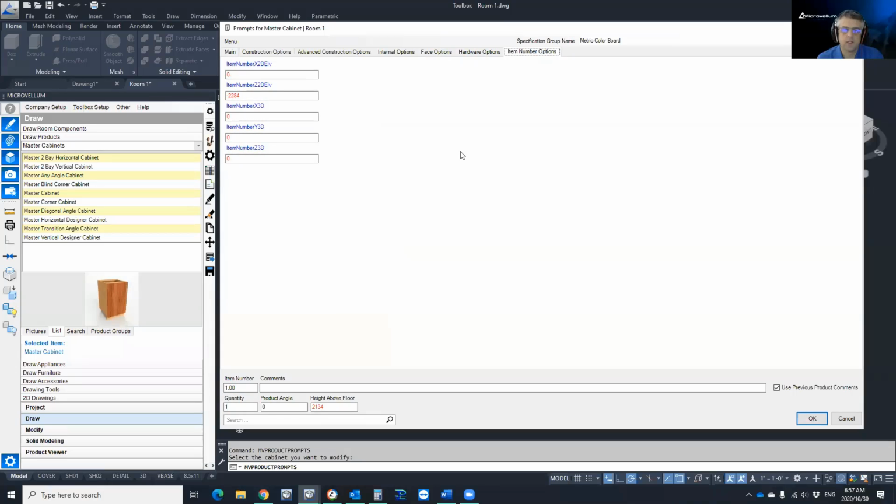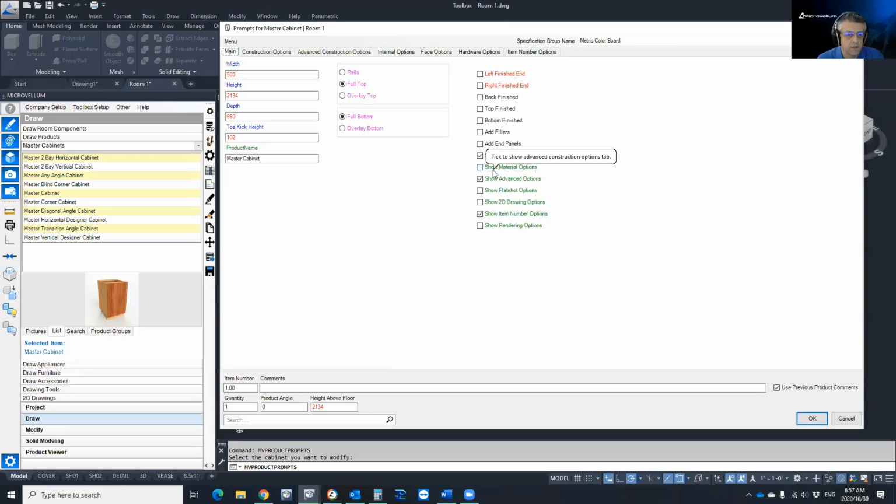Yeah, if you have a complicated product too, like an L-shaped desk unit or something, you could just put that item number exactly where you want it. Yep. Cool. And the last question I see here is